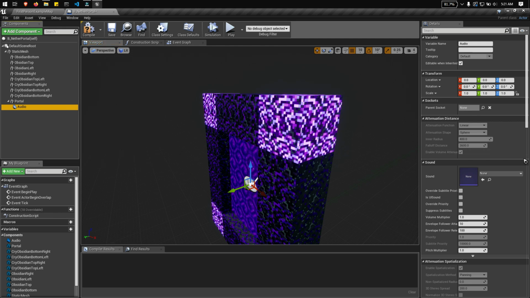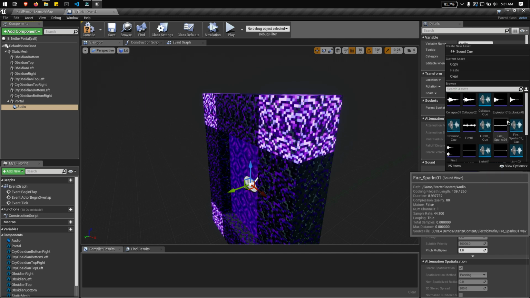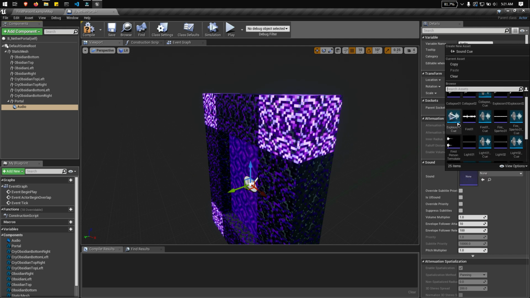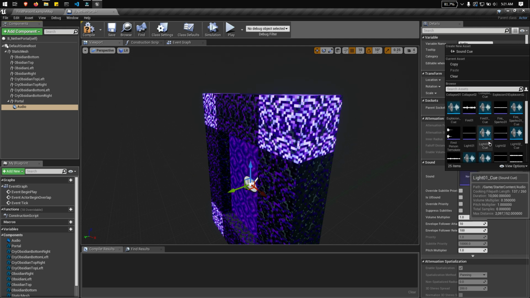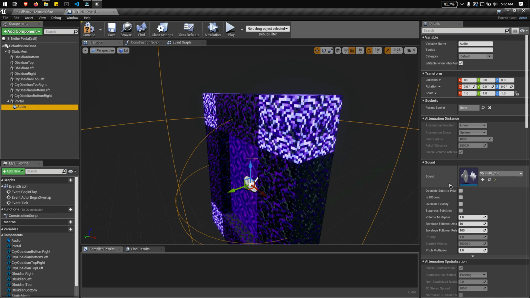So in audio, let's look for the best sound. In the starter content, we already have the collapse cue, fire spark cue, explosion cue, light cue, and steam cue. So let's check the steam cue. Okay, maybe the steam cue is the best option for the audio.